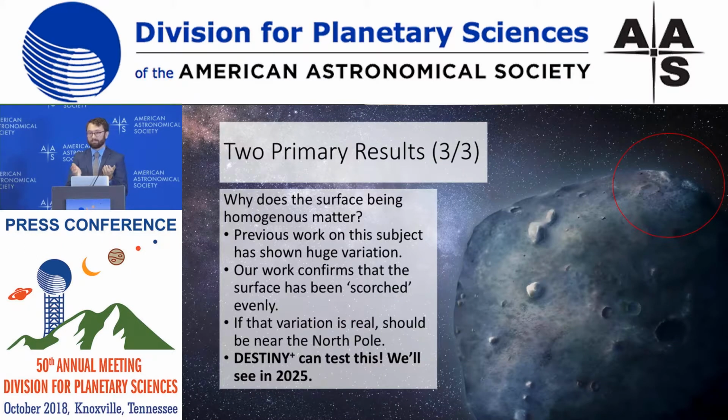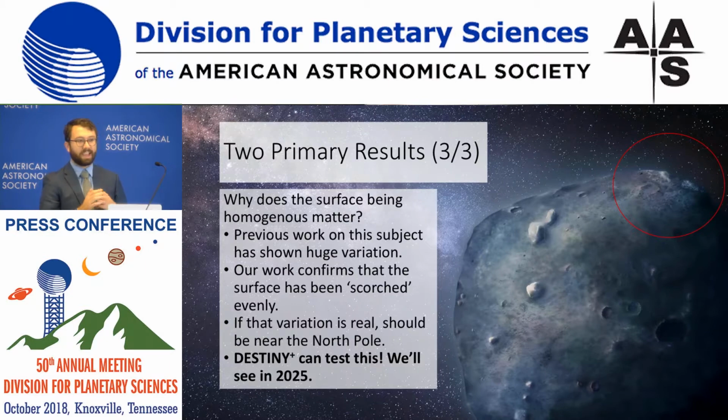The second result is that the surface is homogeneous, as I mentioned, so it doesn't change very much as it rotates. Previous work on the subject had suggested huge variation, that anytime someone pointed a telescope at Phaethon, if you're looking at the right wavelengths, and these are typically short wavelengths, blue to your eye, it would look really different. So some people would say it was very reflective, some people would say it was less, neutral, the entire range. And if we watched it rotate the entire time and saw no change,